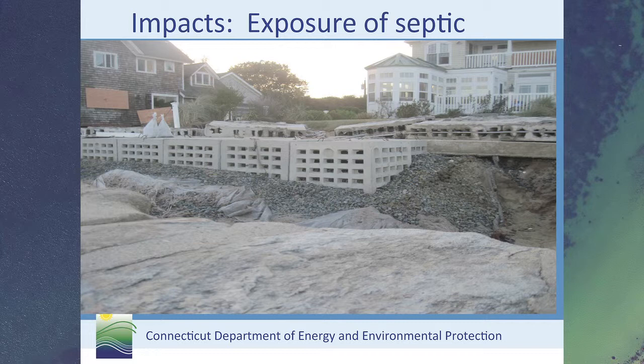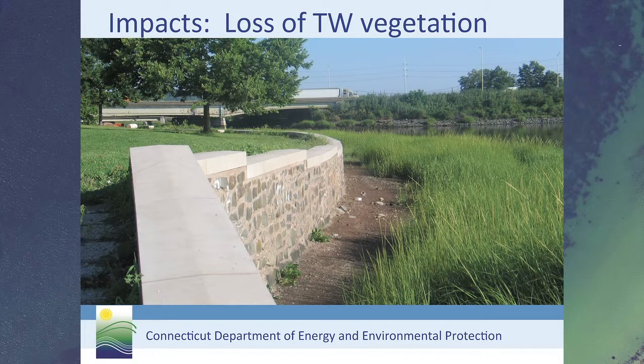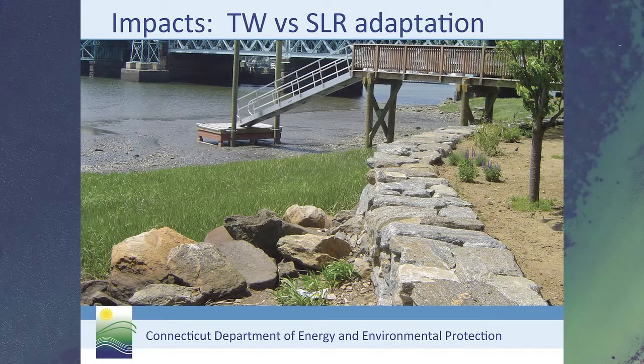The other thing that vertical seawalls do, for example, is prevent tidal wetland from establishing close to them because of the turbulence of the water hitting the wall. Putting a seawall so close to shore also prohibits tidal wetlands from migrating landward, which they're going to need to do as sea level rises. In this case,